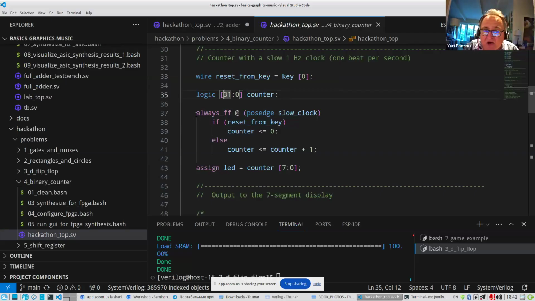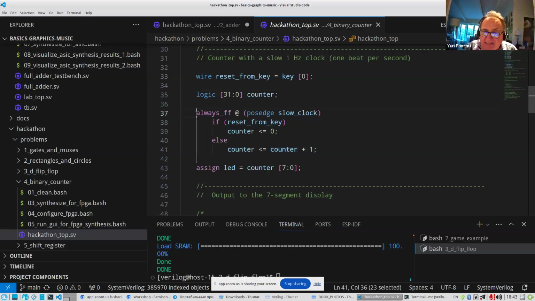And then we say that always when the slow clock goes from 0 to 1, if we press reset, the counter goes to 0. Otherwise, we get the old value of the counter from the previous clock cycle, add 1, and put it into the counter for a new clock cycle.